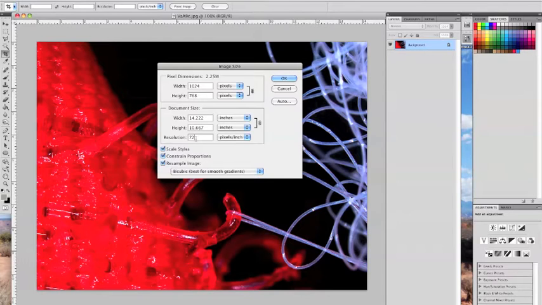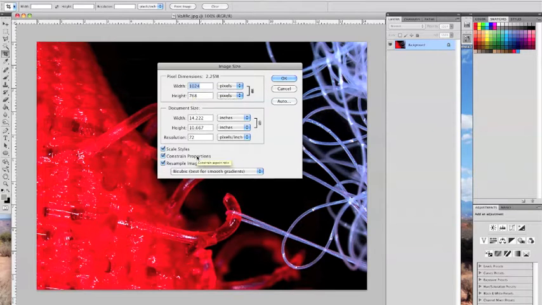The next thing that you want to do is get an idea of how large the image is. How many pixels is it across? How many pixels is it tall? And this image is a little more than 1,000 pixels across and about 700 pixels tall. Now we can easily change that, and you'll see we can type in here and change the size of this image. But I want to make you aware of a couple different things going on in this dialog box,